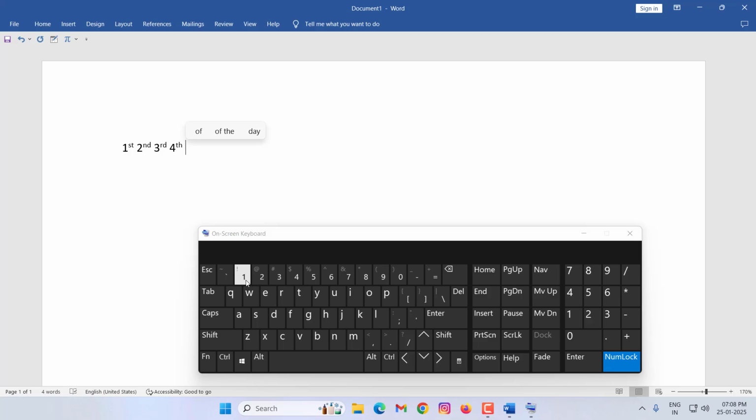If you want 11th, space. If you want 100, that's it guys. So in this I showed you an easy and fast method to type first, second, third, fourth, fifth till